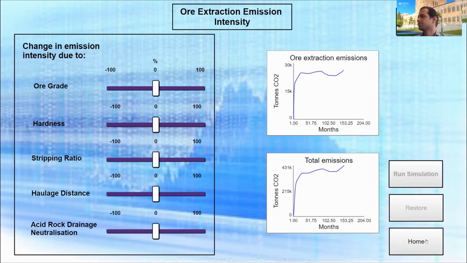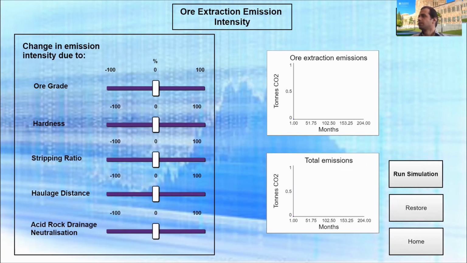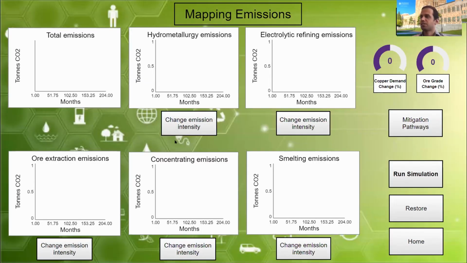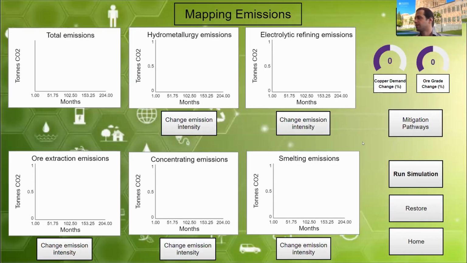Again, there are different panels here. For example, this can take us to the homepage. Or let's change some of these variables. For example, if the emission intensity due to ore grade was to increase by 10%, or the haulage distance was to reduce by 15%, or the stripping ratio was to increase by, say, 20%, or a change in hardness. We have this same system set up for different stages of the operation, and